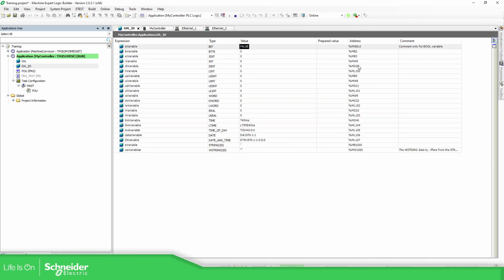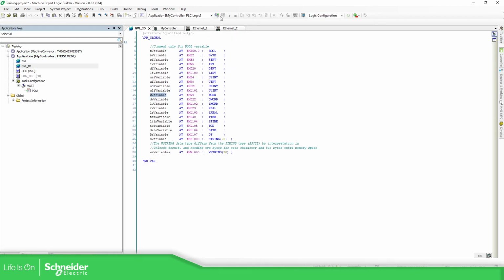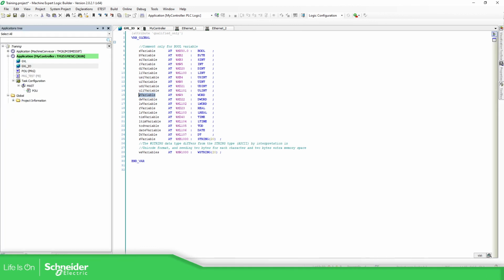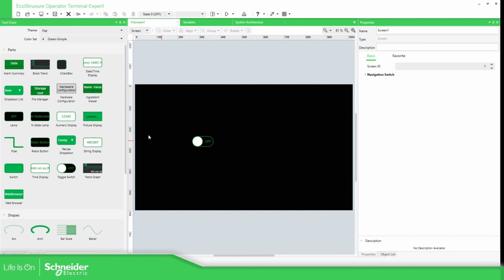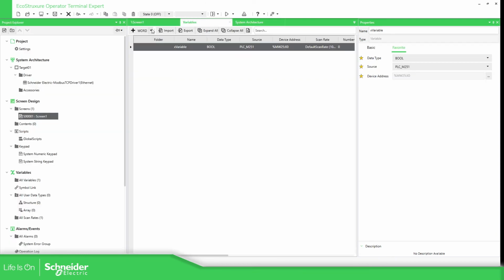So let's try another test and play with the bits inside this one. No, let's play with a word. This one, percentage MW 9. So no, I didn't want to do that. So let's try to access the percentage MW 9 bits. Okay, so percentage MW 9. Okay, come on, laptop. So percentage MW9,